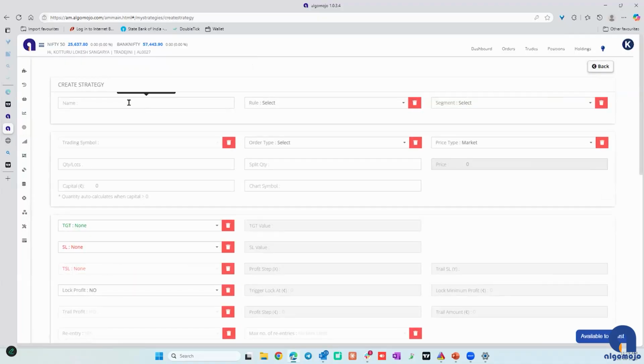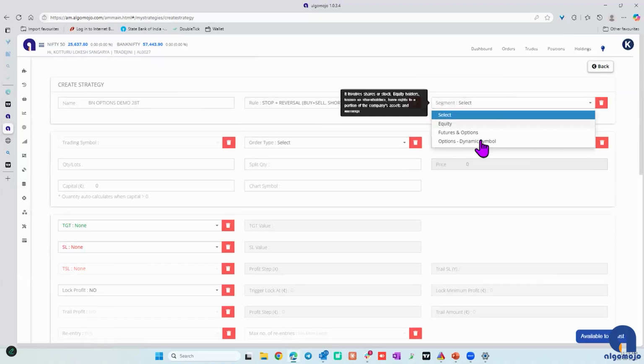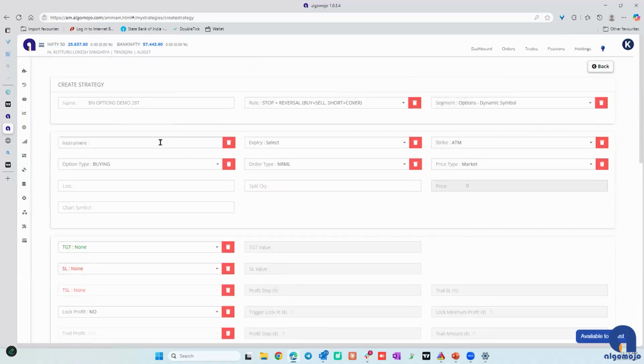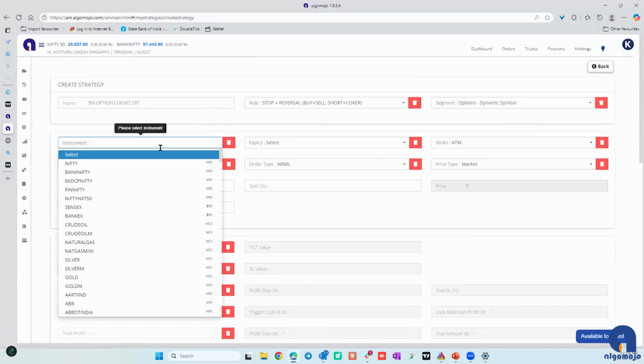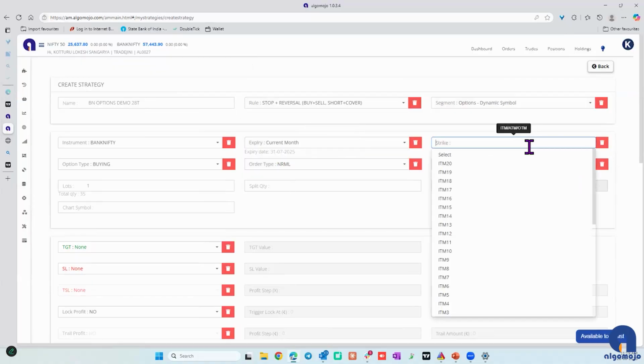Give it a name, BN options demo 28. I'll select a similar rule, stop and reverse. I'll use dynamic options, and here we'll say Bank Nifty, and we'll say the expiry as current month, strike as, say, ITM2,